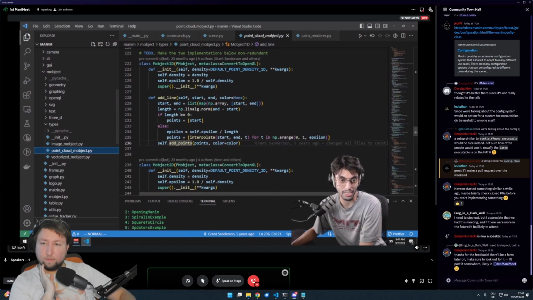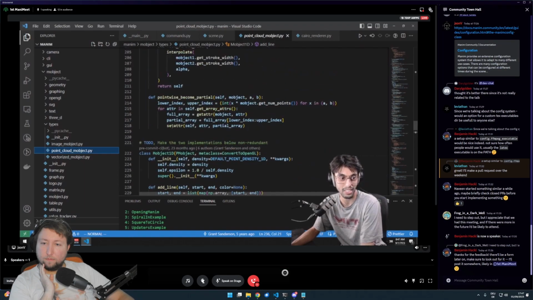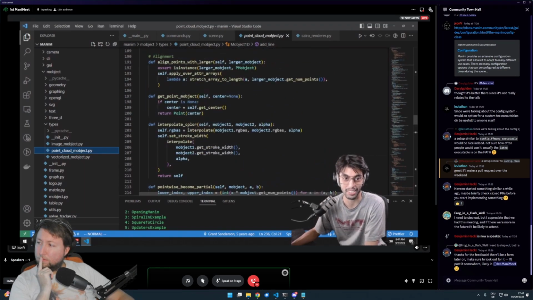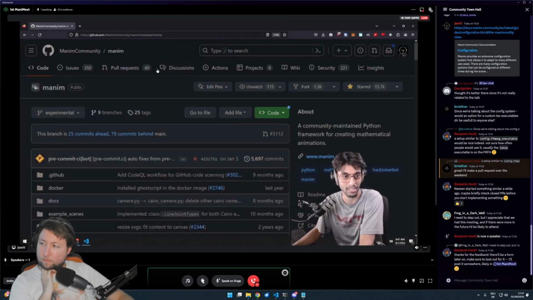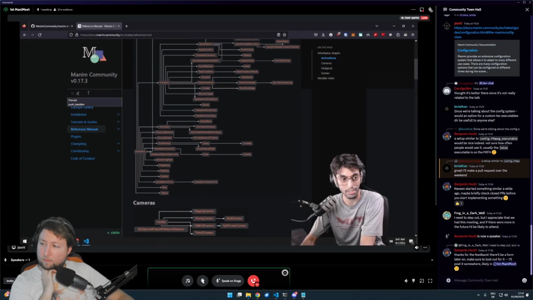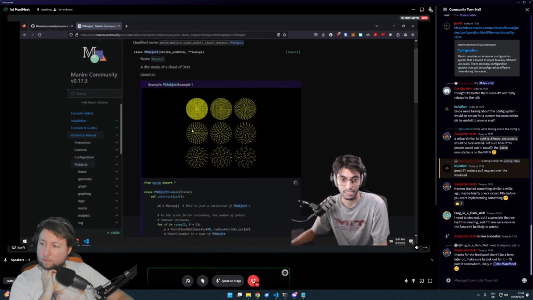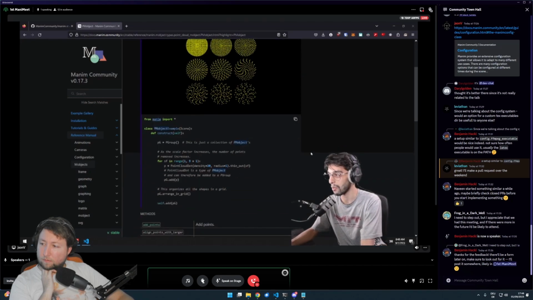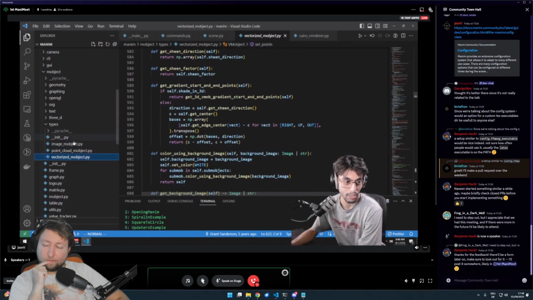And then PointCloudMobject, I haven't personally really seen used much, and I've never quite used it myself much, but I don't know if it could be deprecated. It's just kind of like a pixel mobject, I guess. It's very niche, I guess. There is some documentation for it. It's very small, like pixel dots objects. I don't know if it can be incorporated within vectorized mobject in the future, but for the most part, when